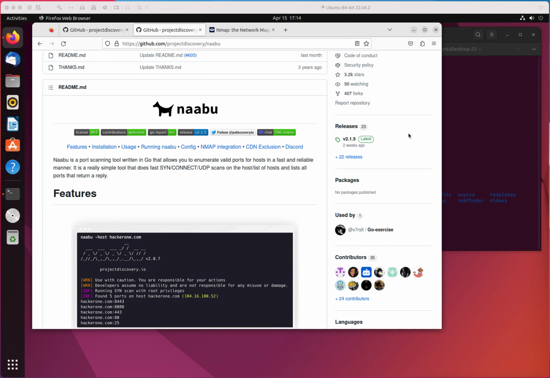This time I want to talk to you about a port scanning utility called Naabu and what this utility does. As the description implies, it scans for ports on a specific host. It is a simple version, it's lightweight, and even though it does not do anything that nmap doesn't do,